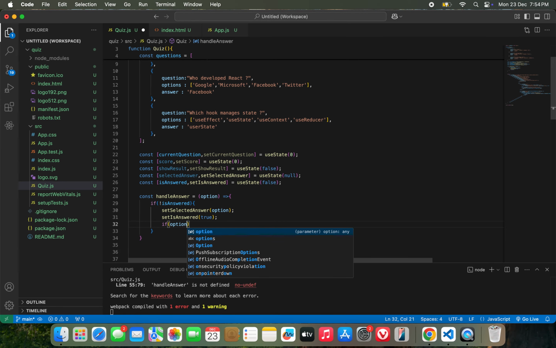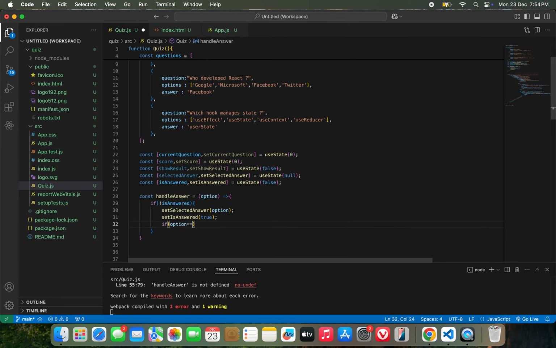If option equals questions current question that answer. If the answer is correct, then set score, score plus 1. We're going to increase the score,